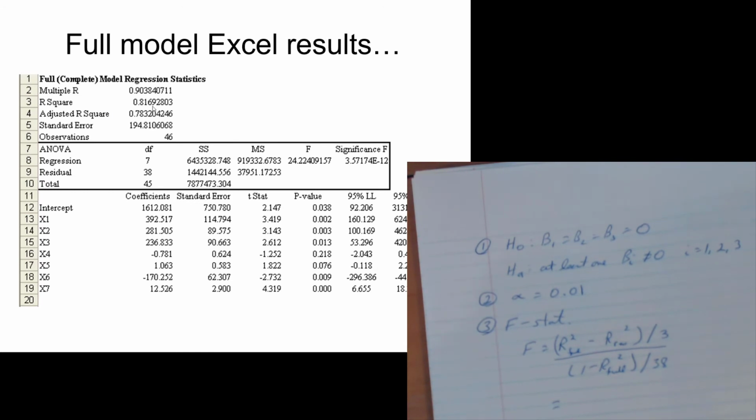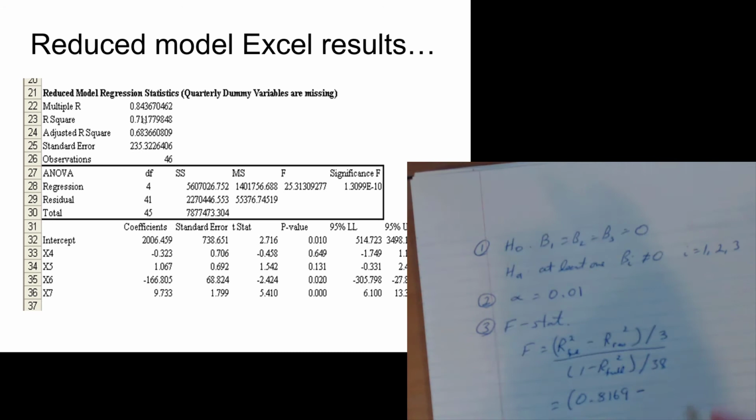So R squared for the full model, and let's just do it to four decimal spots. Anything more is clunky. Anything less could result in us over rounding. So I highly recommend no less than 4. Okay, don't do 2. 2 is just going to invite all sorts of tricky problems, especially if it's anywhere close to the edge. It can throw you over one edge or the other. And by edge, I mean close to either rejecting or not rejecting H0. So we want to get a few decimal spots in there, but we don't want to get too goofy because that's just a lot of work. And the other one, reduced